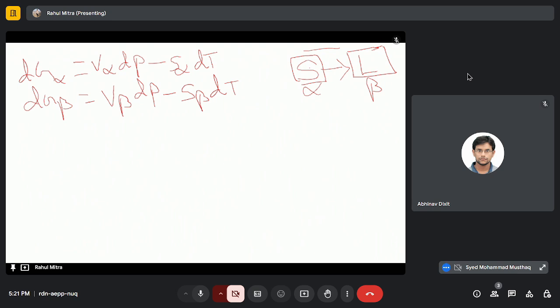So at equilibrium, what happens? At equilibrium we have dG alpha equals dG beta. So if we take dG alpha equal to dG beta, then